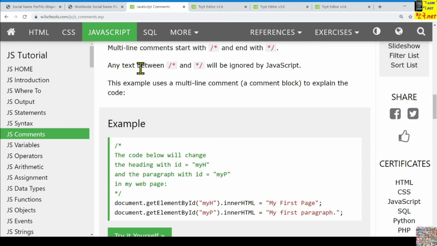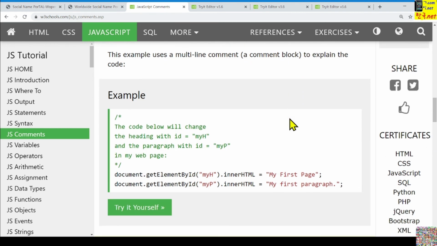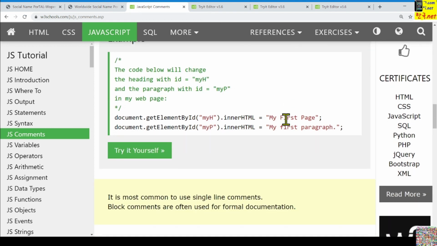Then any text between these will be ignored by JavaScript and is considered as a comment statement.